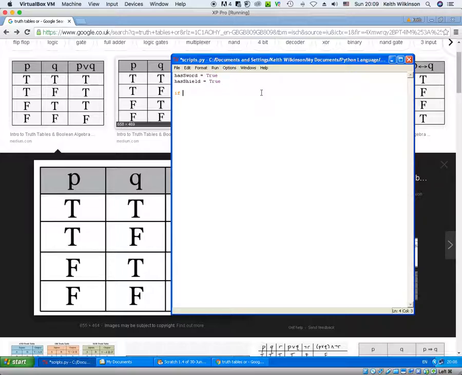So if has sword, and if you remember, I can put a colon on the end, and if that is true, I can do print, not with a capital, print holding a sword,